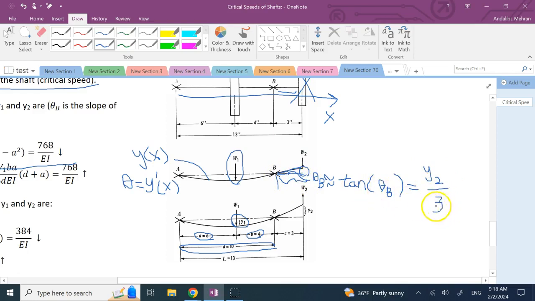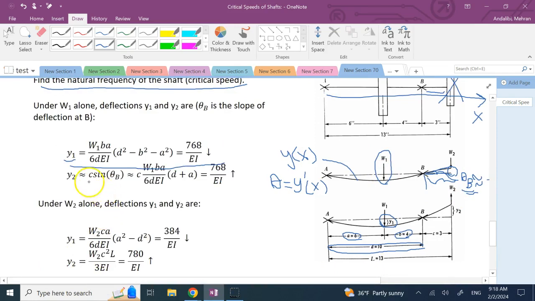So if you multiply 3 by tangent of theta b, which is the same as theta b, you can find y2, which is only under load W1. And that is what we have done here: C, which is that distance, times sine of theta b, or theta b in this case. And if you do that and solve for it, you're going to get